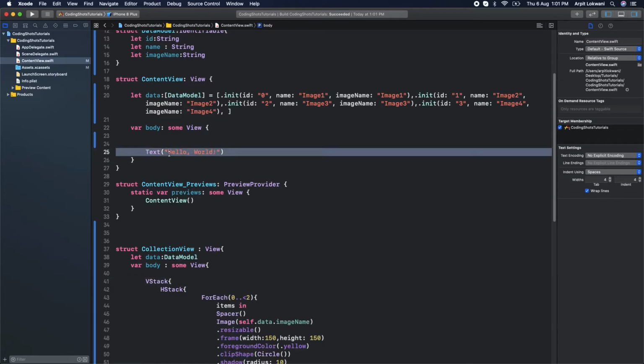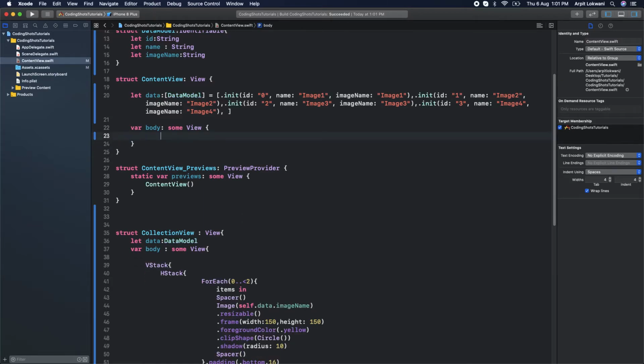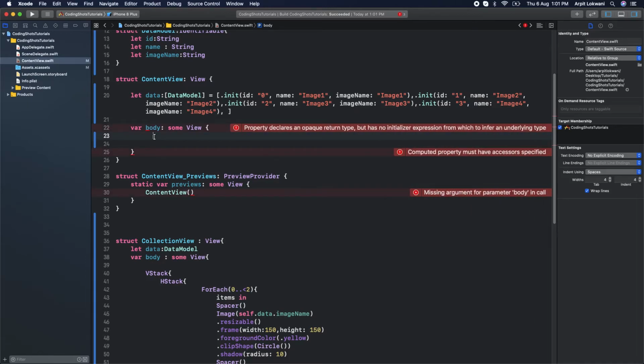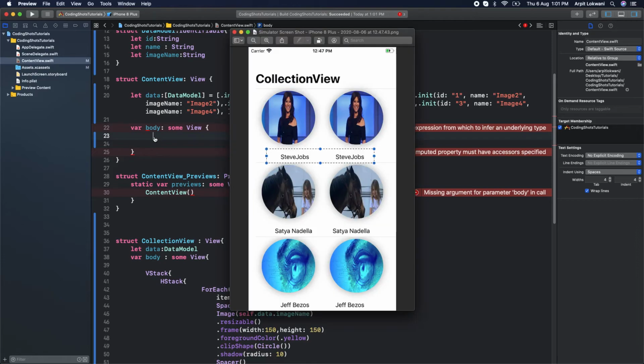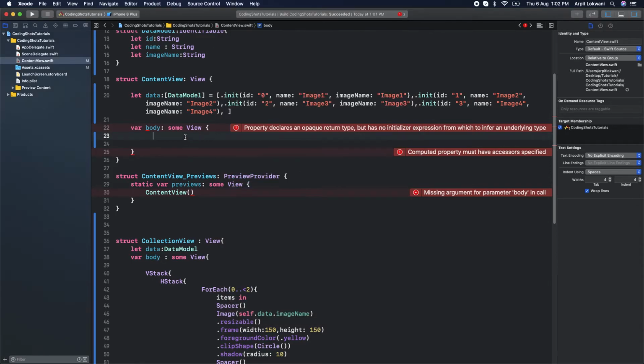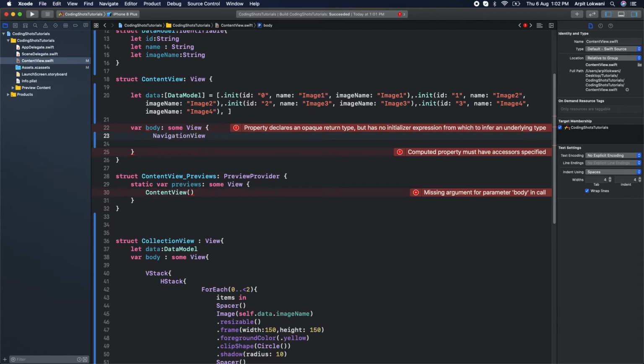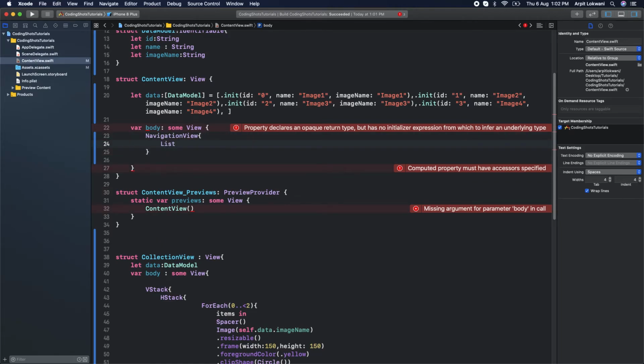Now what we need to do, come into the main part, we will now use the collection view which we created. My plan is to create one header which says collection view, and then a list of collection views we can create. So guys, for list view you can go to my previous sessions and watch how to create the list view with custom cells or rows. So now I will create a navigation view. Fine. Inside that I am planning to put the list.